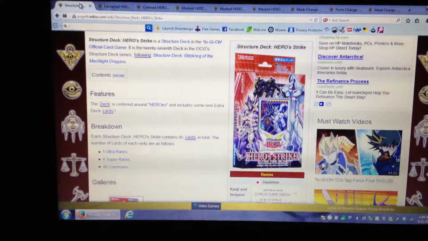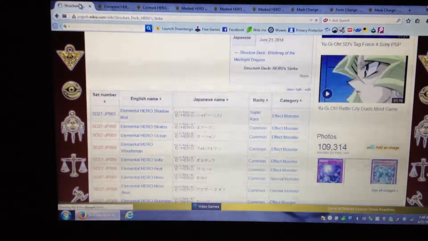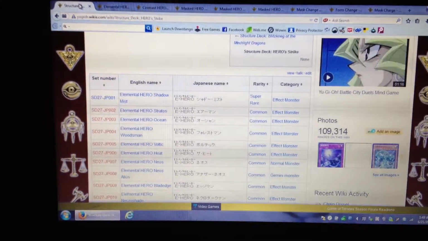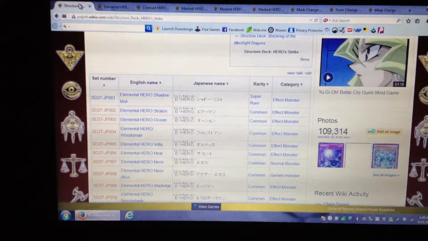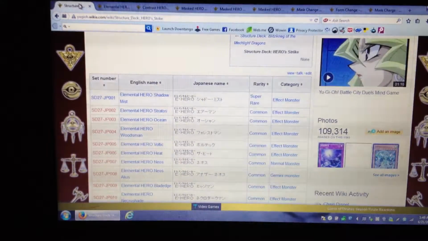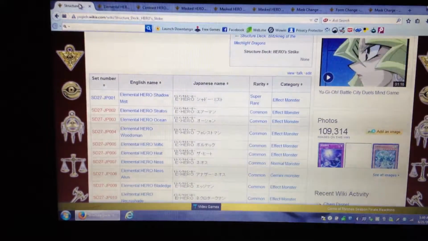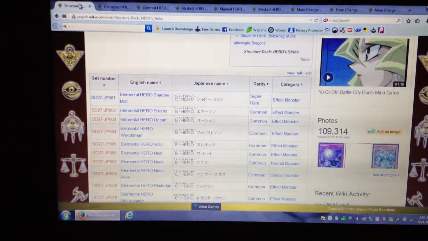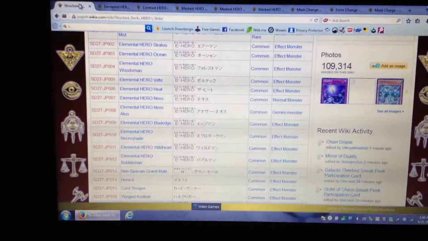And now let's get down to the complete structure deck list, which the majority of them we'll see very similar. Might not be card for card, but about 90% of the structure deck will be the same as the OCG. So we have one Shadow Mist, one Stratos, which is legal still in the OCG. One Elemental Hero Ocean, one Elemental Hero Woodsman, one Elemental Hero Voltic, one Elemental Hero Heat, one Elemental Hero Neos, one Elemental Hero Neos Alius, one Elemental Hero Blade Edge, one Elemental Hero Necroshade, one Elemental Hero Wildheart, one Elemental Hero Bubbleman,